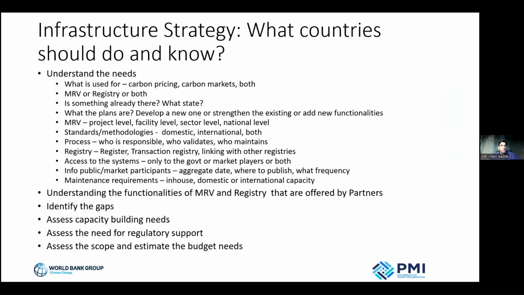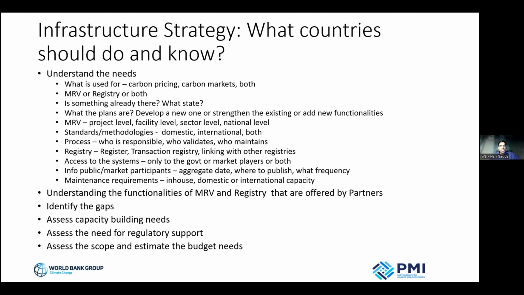This is, of course, the approach that we follow to help countries to assess the infrastructure needs. Based on this, we identify the gaps and the needs, then capacity building needs, and also if they need any regulatory support, including developing any legislation and the institutional arrangement around it.